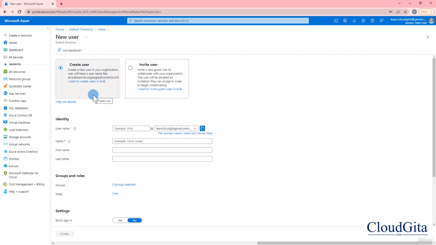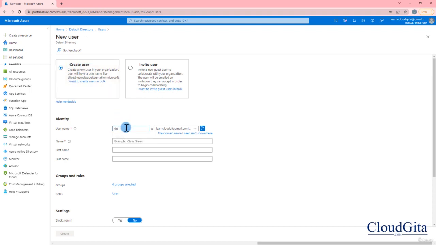Now here you can see that I have two options. First is create user or invite user. So basically this is how you can create a user within your organization, and this is how you can invite a user from another organization, from another Azure Active Directory, or in fact maybe someone who has a Gmail account or Outlook account. Basically someone from outside your organization you want to invite, and you want to allow this person to use your resources, your database, your application, right? And we are going to discuss this in the next lesson in more detail, but now let's create a user and